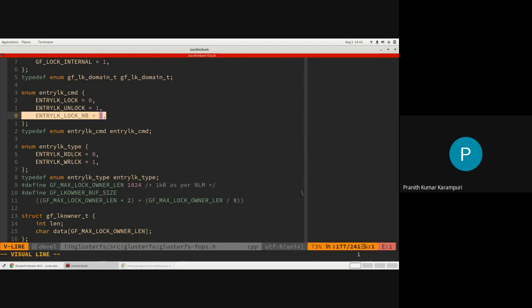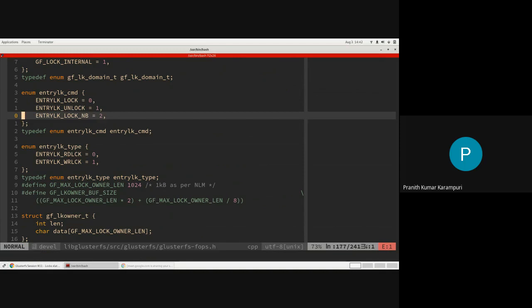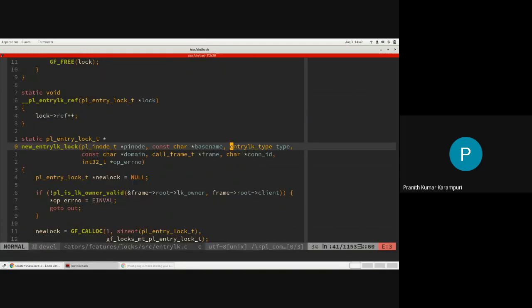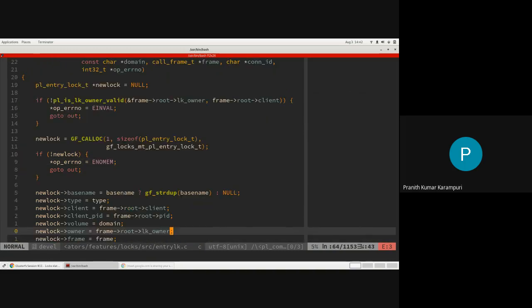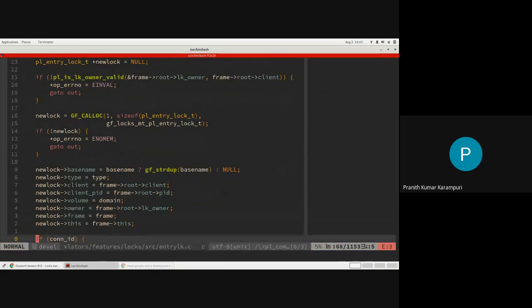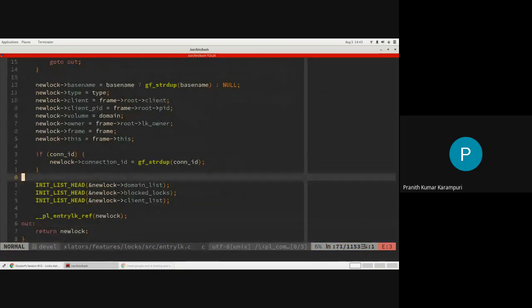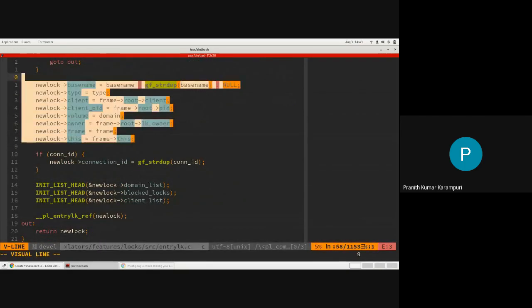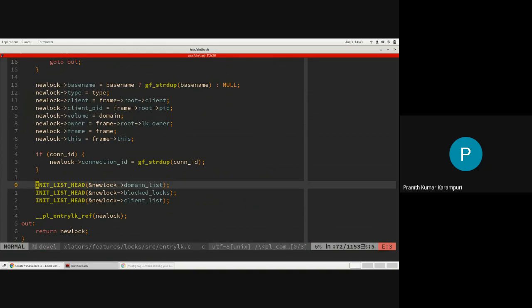NB is for non-blocking lock, which is like a mutex trylock variant where you will return EAGAIN if it fails. So there are some validation checks, but that I think is fine. So yeah, we are going to store all the important information like who's the owner, what is the domain, what is the PID, who's the client, all this information, and then we actually initialize the list.